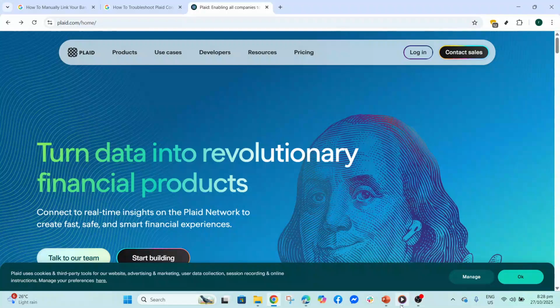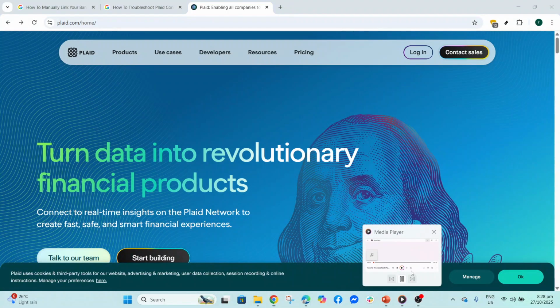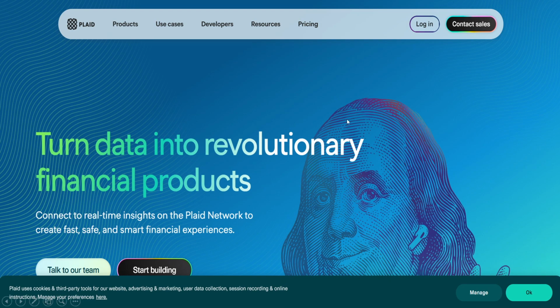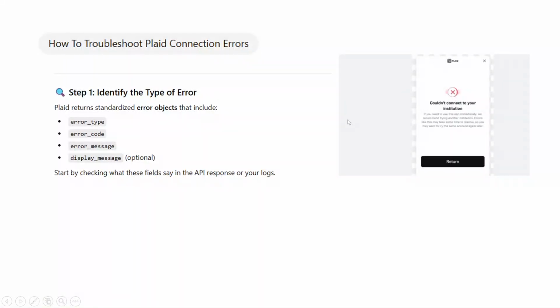In today's video, I'm going to teach you how to troubleshoot Plaid connection errors. If your users can't connect their bank accounts, the key is to quickly identify what kind of error you're seeing, apply the right fix, and confirm it using Plaid's tools. We'll walk through a simple flow you can follow every time so you can resolve issues faster and with less